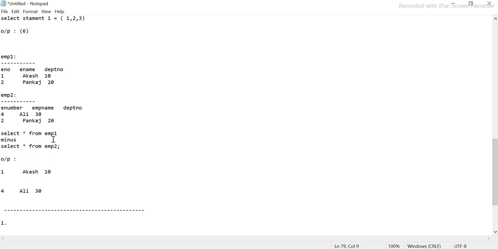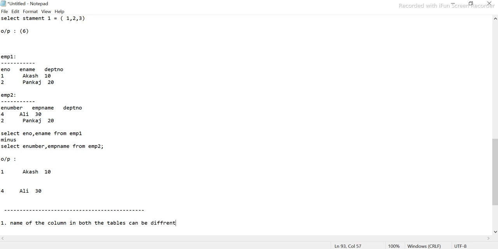Something like this: employee number, employee name, and here we can put E number, EMP name. This will also work in the same way. So, guys, an important thing to keep in mind: the name of the column in both the tables can be the same or can be different.